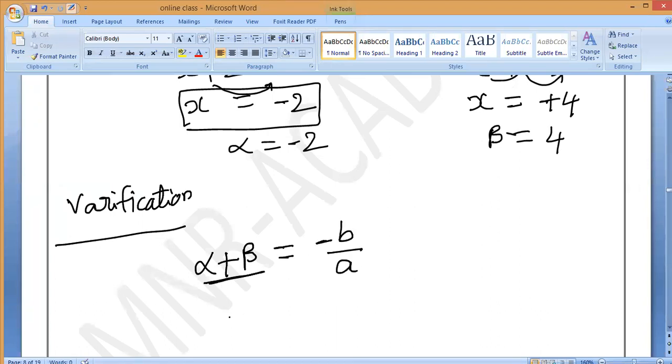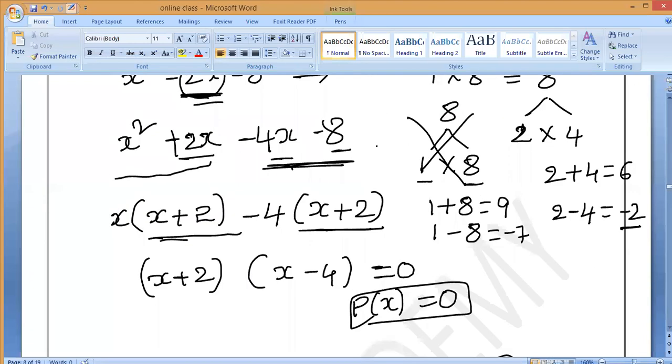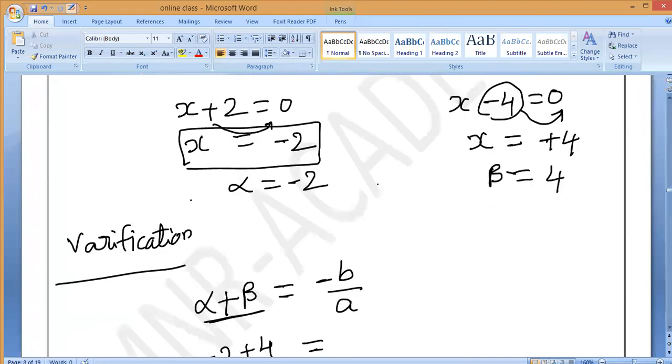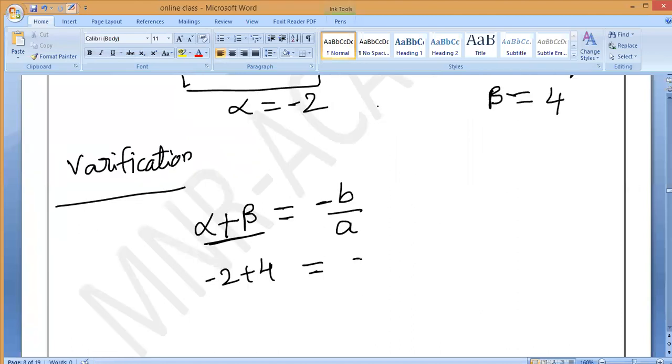Now you compare. Alpha plus beta equals what? In the equation, what is the b value? Check it, all of you. What is the b value in the given equation? Minus 2. So minus of minus 2, divided by